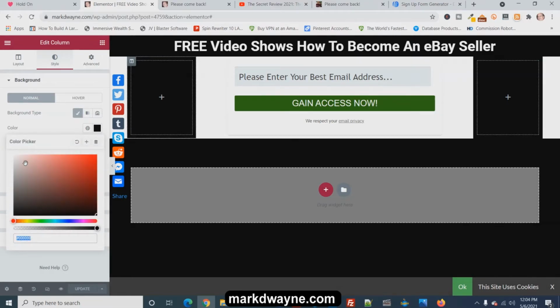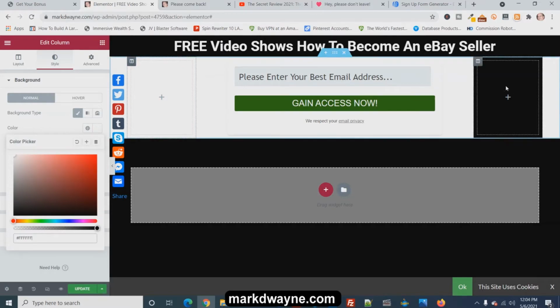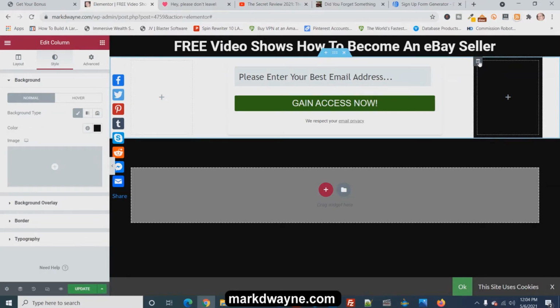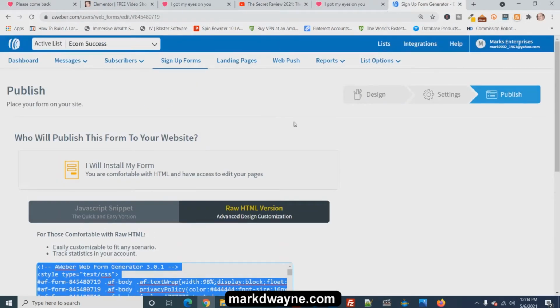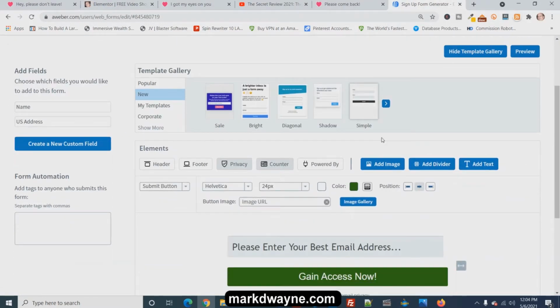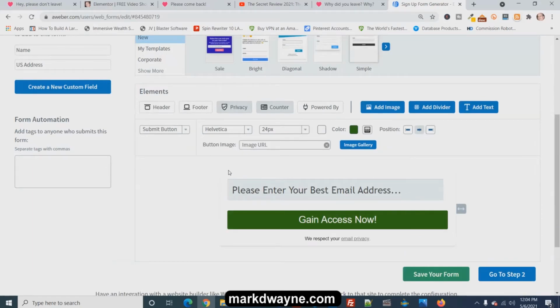Color, white. Go over here, push this thing up here. Color, white. Or another option is you can make it completely black. And you can do that by changing the styling over here and making the background